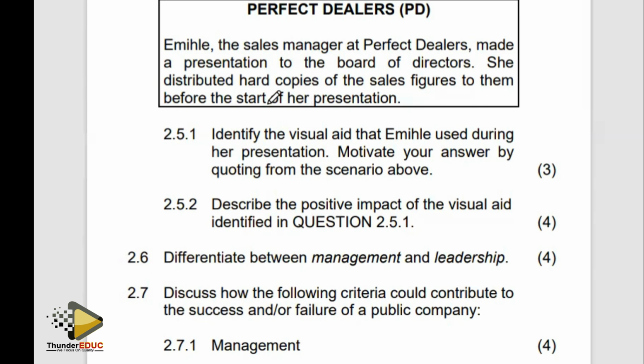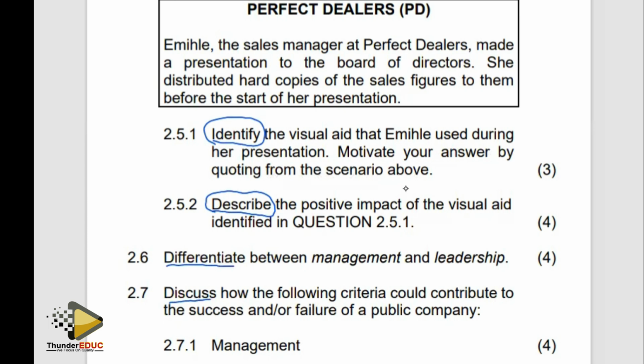So now, when we check 2.5.1, it reads as follows: identify the visual aid that Emihle used during her presentation. Also motivate your answer by quoting from the scenario. Now Grade 12s, you always hear me saying take these action verbs into account, because sometimes you may find that if a question says identify, describe, differentiate, discuss,